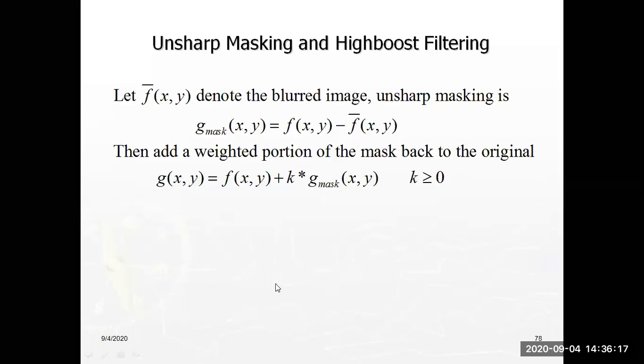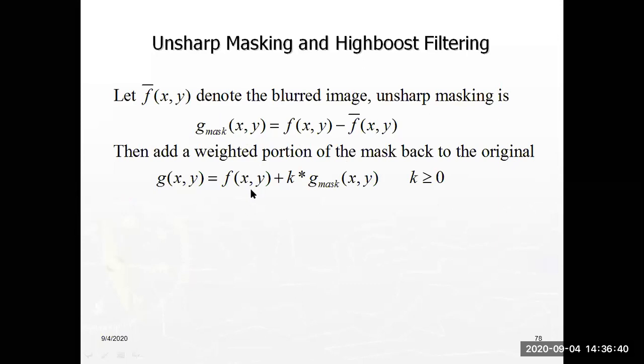The same happens here mathematically. This is the removing of the blurred image from the original image. This is the blurred image and this is the original image, and subtracting these two you get another image, the mask. But what is our actual requirement? This is added to your original.